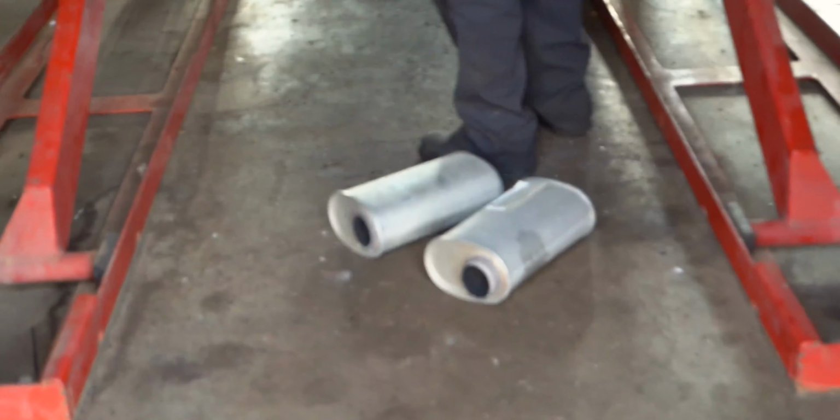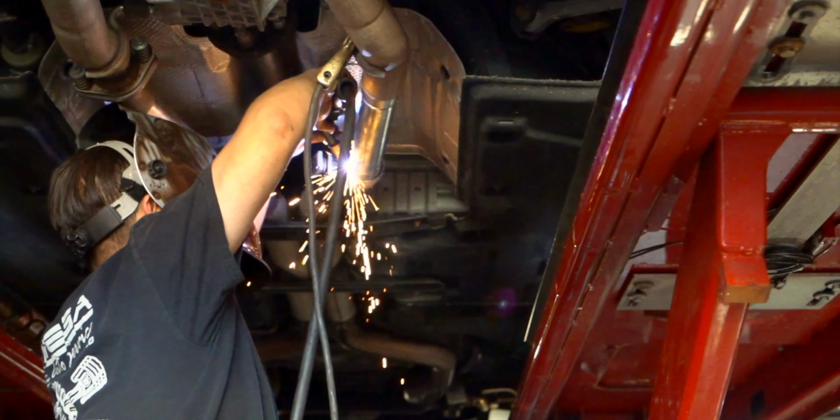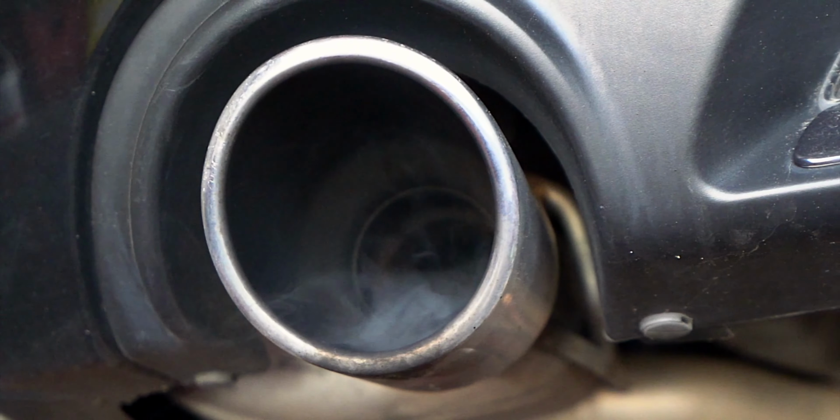I had mid-pipes done with Elia, that was on video, but I kept my suitcase mufflers with valves in the back. Sounded great, and I wanted to maintain that valve to keep some normalcy, but what I found is that this, is that